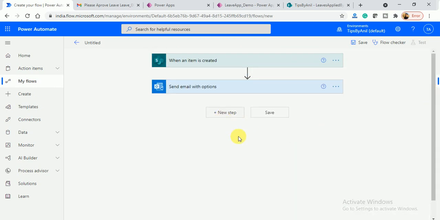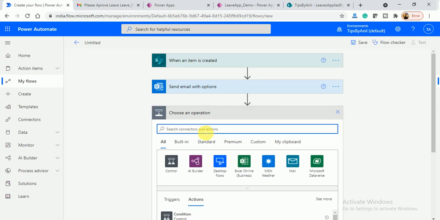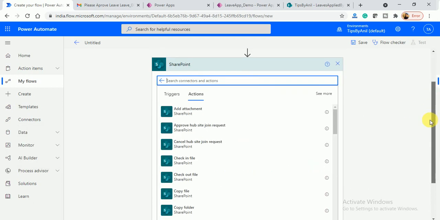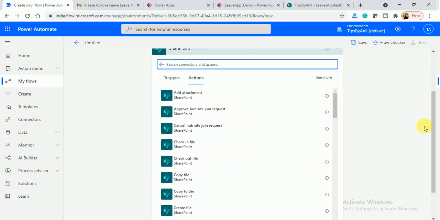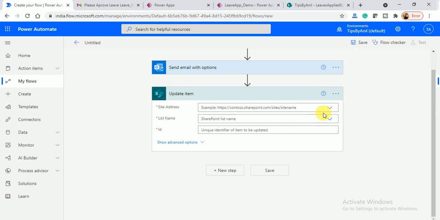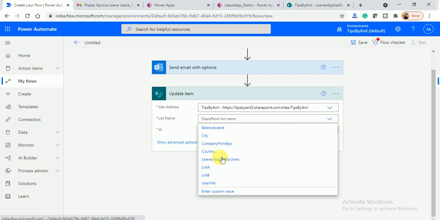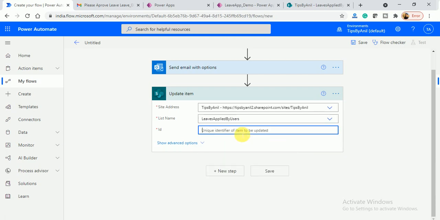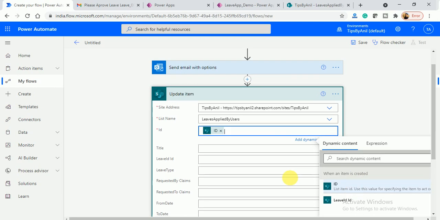Now the next step is to update the item. In SharePoint I will use update item, so the current item will be updated. From here I will choose my site address, leave applied by user list, and the ID.